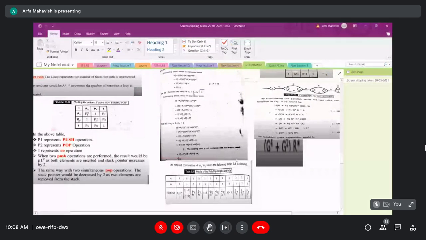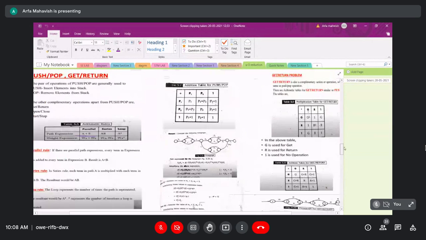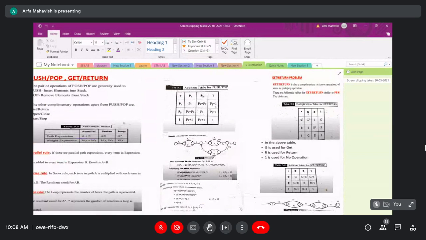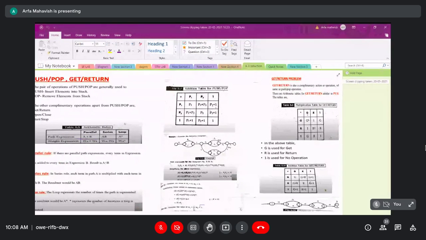So guys, for better understanding of these things, you can go with your textbook. Anyone will definitely ask from these applications. Okay, so here we have finished the third unit.